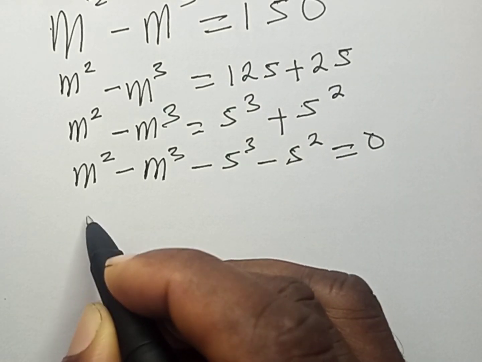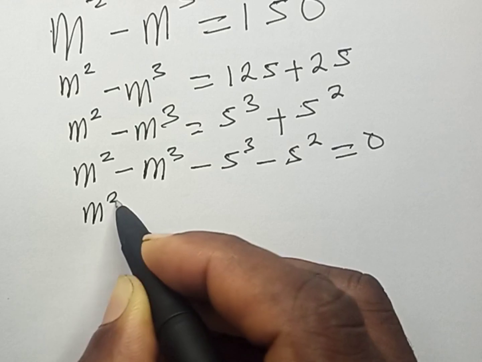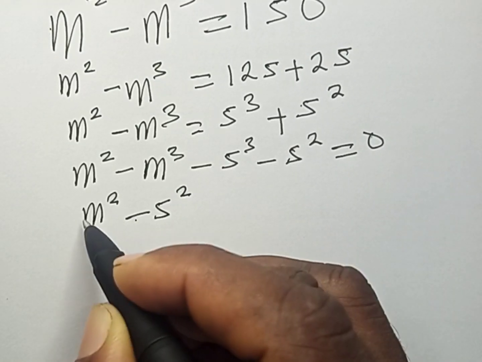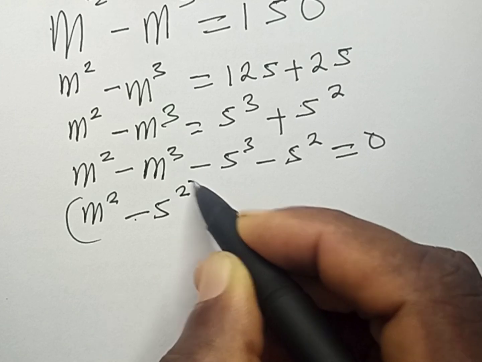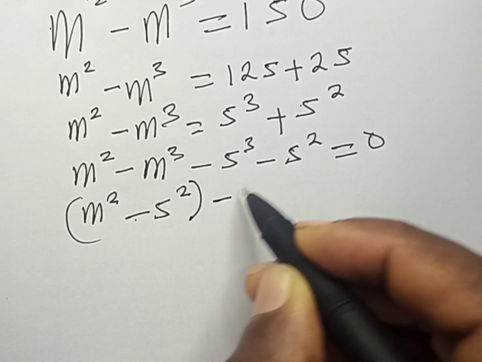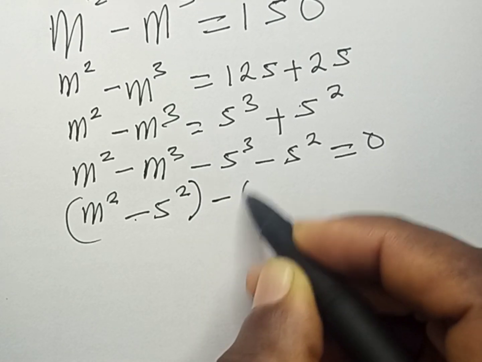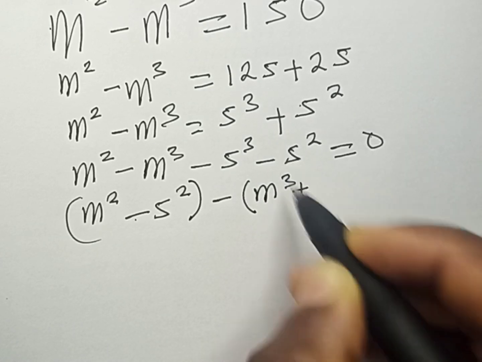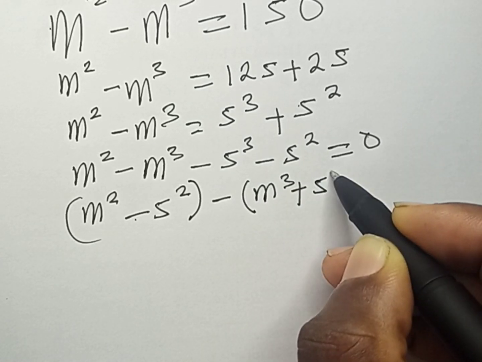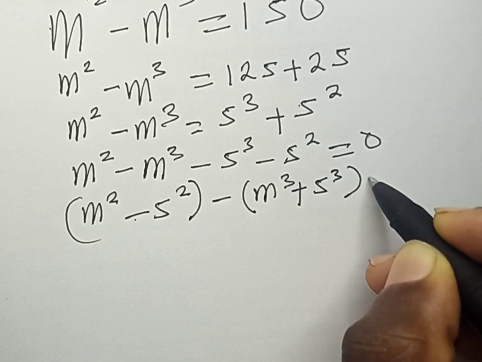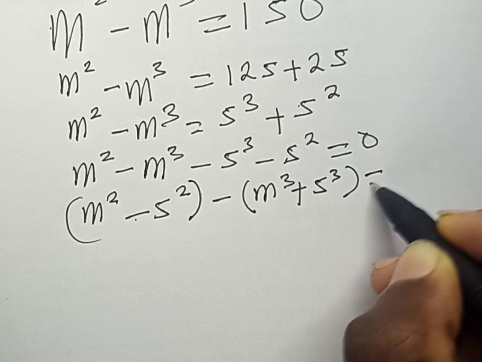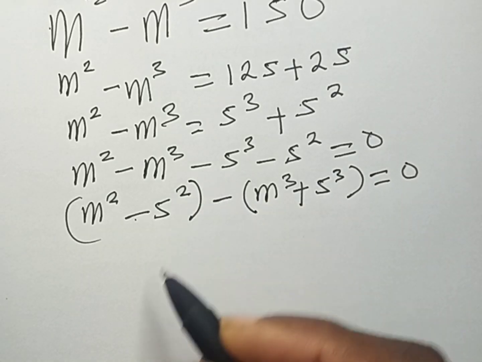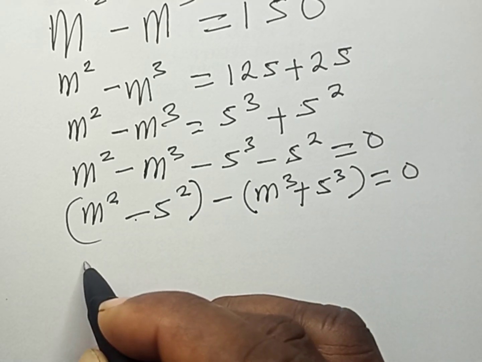So we can have something like this now. m raised to power 2 minus 5 raised to power 2, we bracket it, then minus m raised to power 3 plus 5 raised to power 3 equals 0. Because if you open this bracket, you're going to have this. But recall